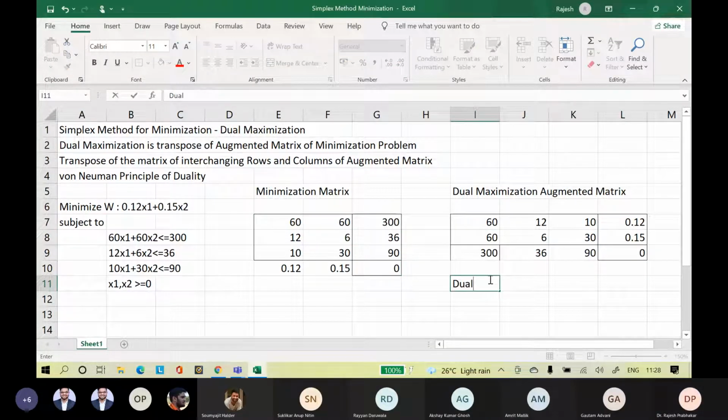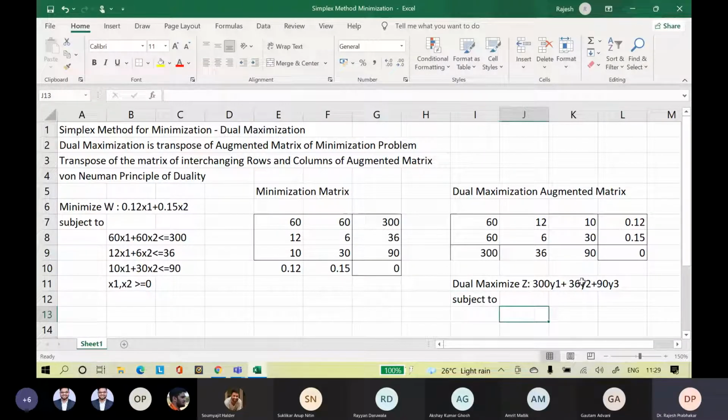So, dual maximize Z is equal to 300y1 plus 36y2 plus 90y3, subject to constraint